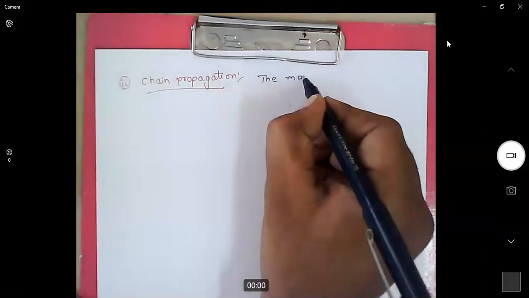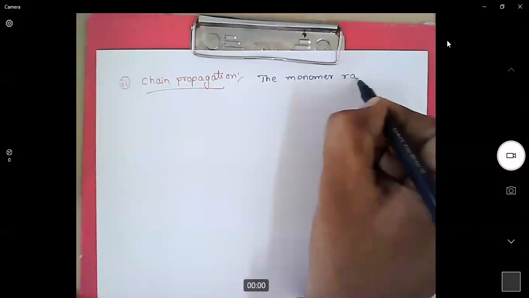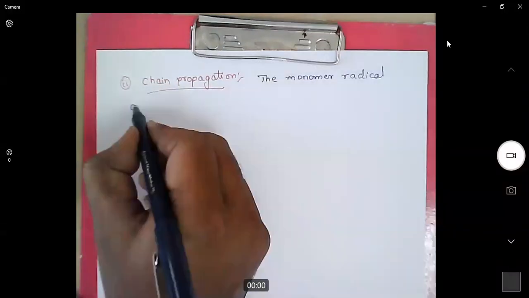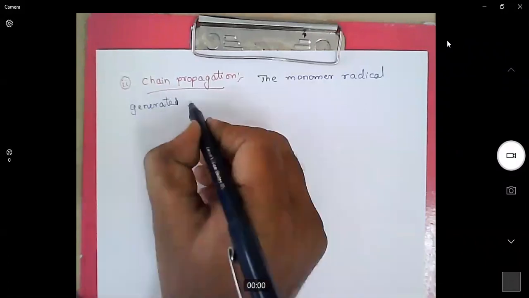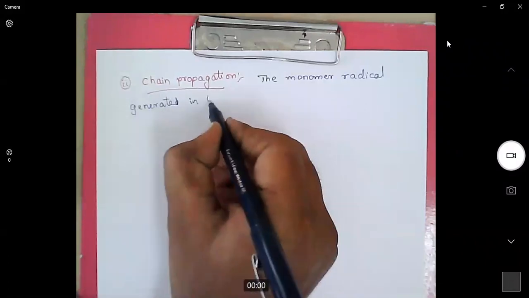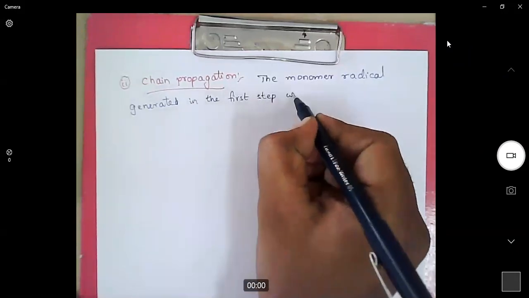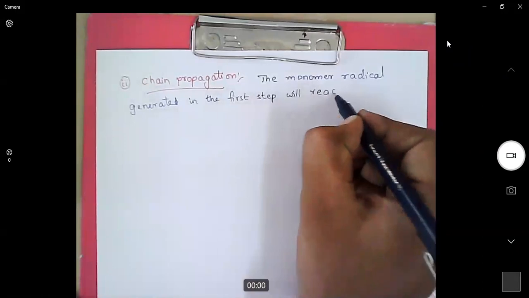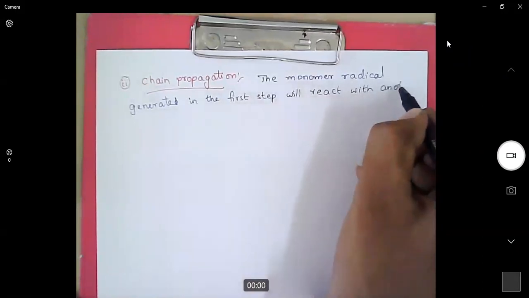The monomer radical generated in the first step will react with another monomer